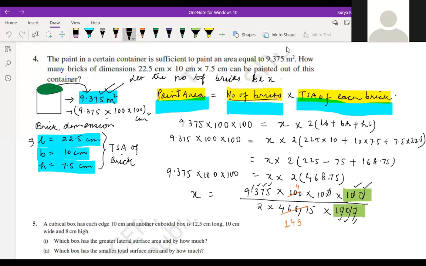Hundred is the answer. Yes, correct. Here you can do 2 fives are 10. And 25 table, 4 6 8 7 5. So this will give 1875. Now 1875, yes, so it's 100 only given behind. I will get x is equal to 100. x is equal to 100.